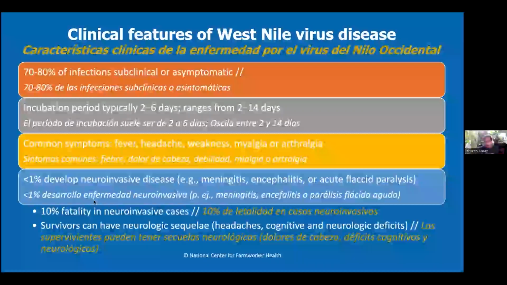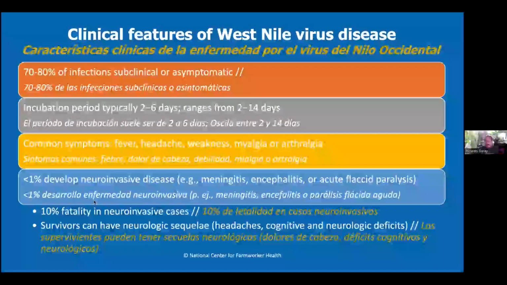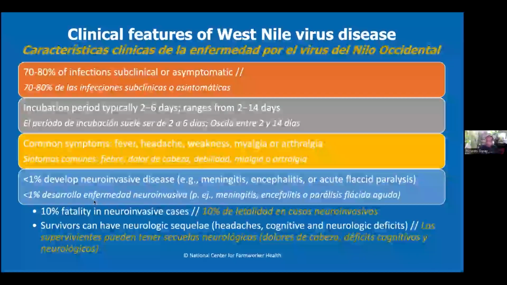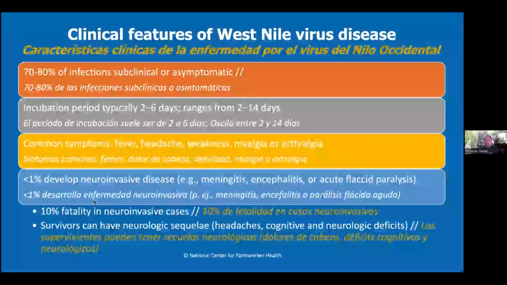And the survivors can have neurologic sequelae: headaches, cognitive and neurologic deficits if they survive. So again, headaches, cognitive and neurological deficits, they forget things, they have amnesia, for instance, and many other types of neurological problems, like problems of movement. So it is why it's so important to be able to avoid these